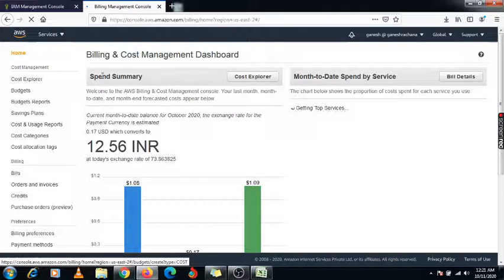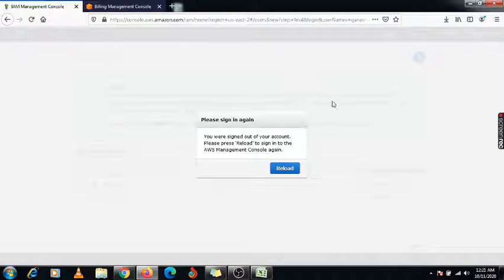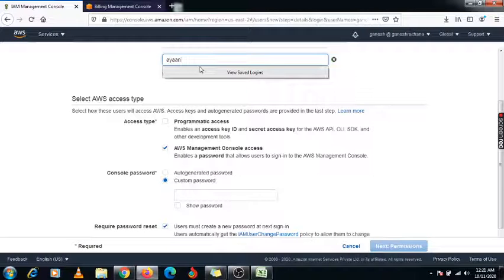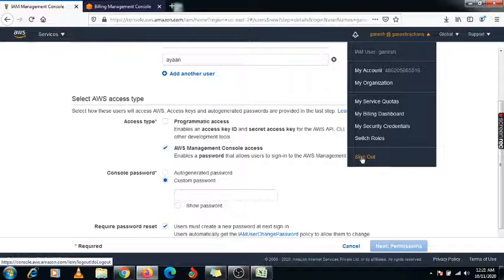Before accessing this billing action, first you need to check. Okay, I need to reload my page. Okay, it is also logged in from this one, so I need to log out first.